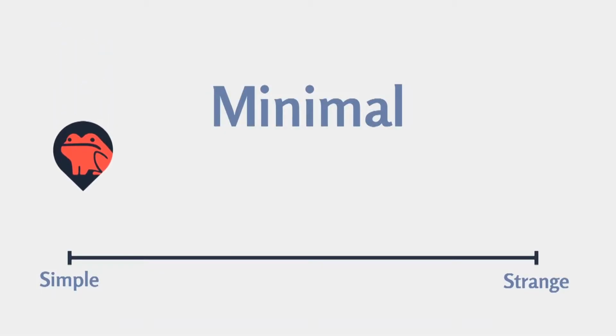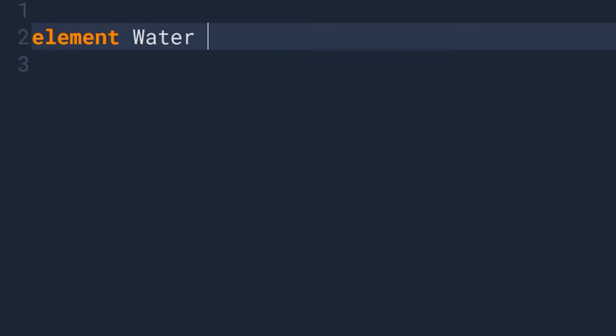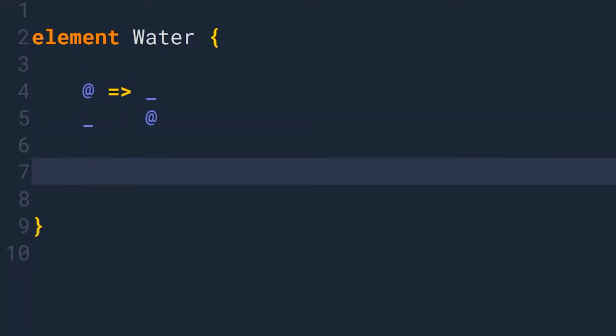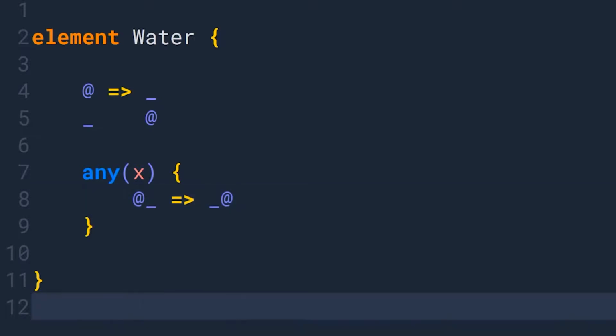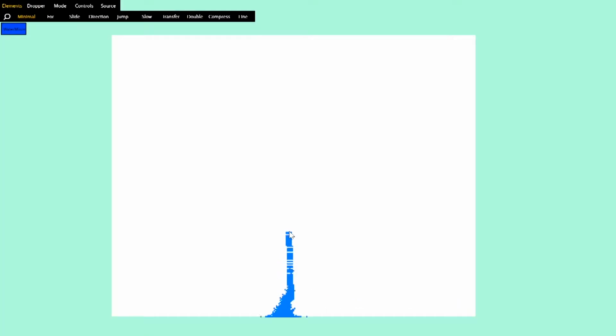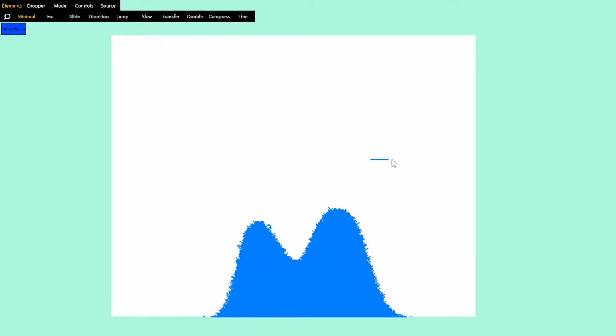Minimal water. The simplest way to make water is with 2 rules. The first rule makes it fall down. The second rule makes it move sideways in a random direction. In 3D, this works pretty well, but in 2D, it spreads out very slowly and doesn't look fluid enough. Let's look at some different ways of making the 2D water work better, starting with